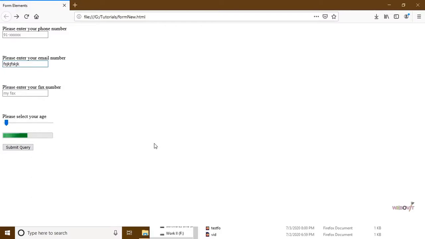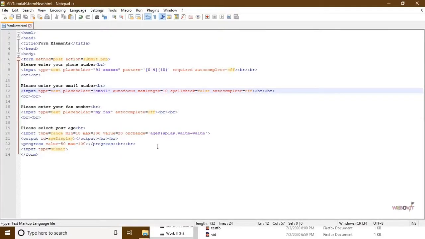After that your keyboard will stop working on that particular section. So you have restricted this to 10 digits. So maxlength is the attribute to restrict the user to input a limited amount of data.